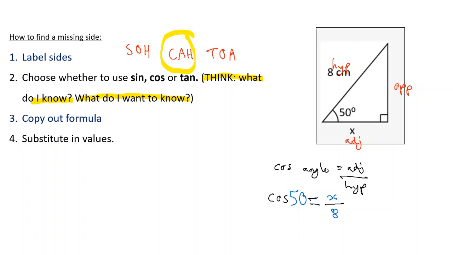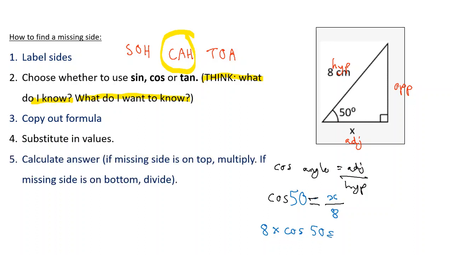So now this is an equation that can be solved because this equation just says cos 50 equals x divided by 8. So to find what x is, all I need to do is times by 8 because the opposite of dividing by 8 is timesing by 8. So to find x in my calculator, I'm going to do 8 times cos 50. 8 times cos 50, working that out now, is,